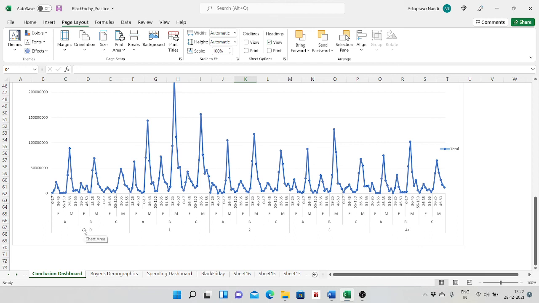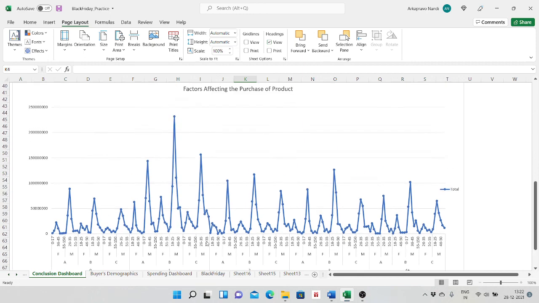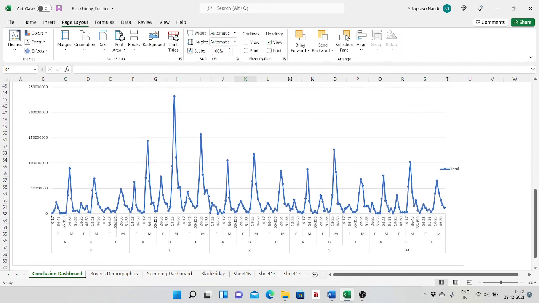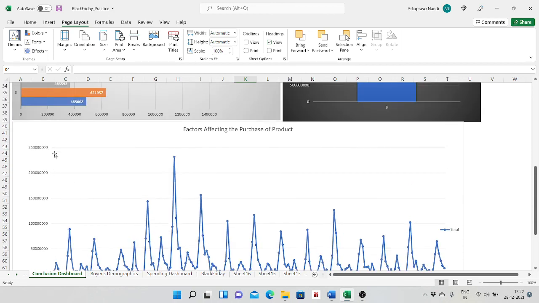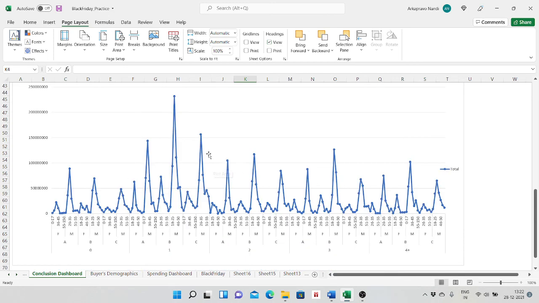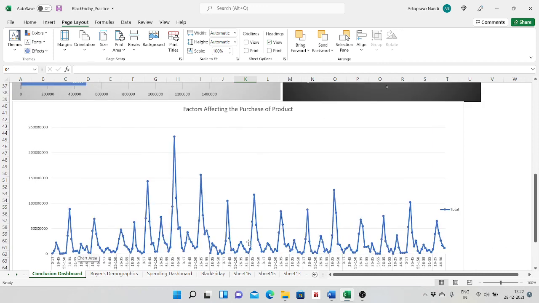Suppose people who have spent 0 years in a city, 1 year or 2 years or 3 years, and more than 4 years in a city, and each of the cities A, B and C, and their corresponding genders and different age groups have been plotted on the x-axis, and according to that the corresponding spending has been plotted on the y-axis. So these are my factors which are taken on the x-axis that affect the purchase of the product during the Black Friday sale. So thank you.